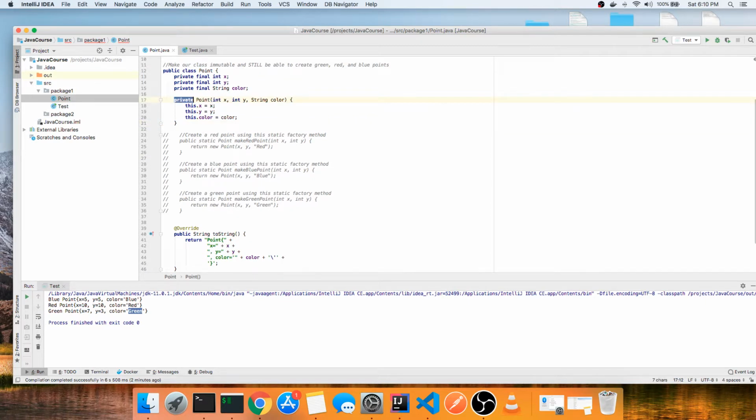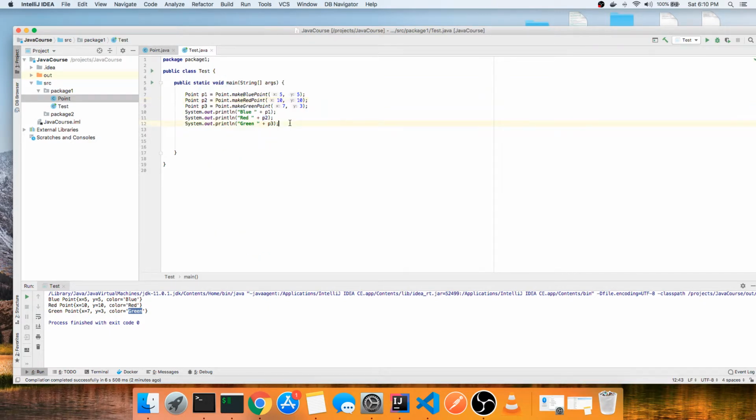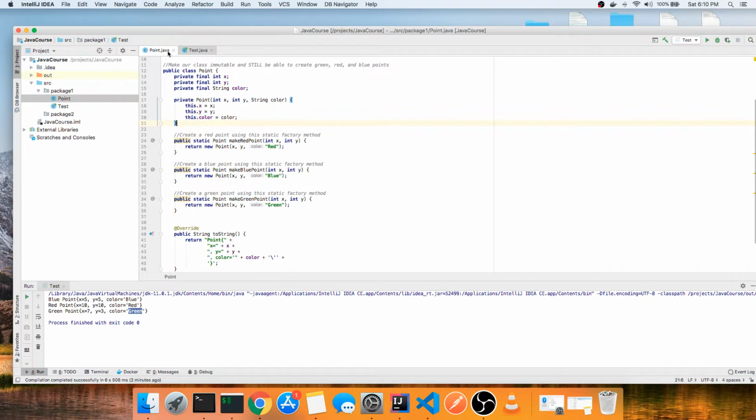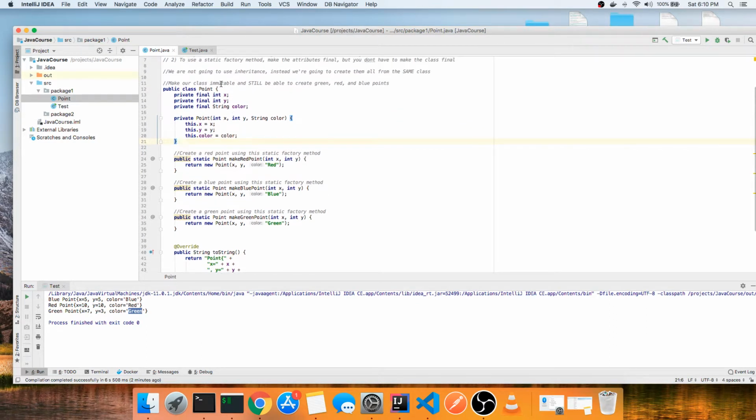Okay. Now I just realized, never mind, we're good. Okay, so that shows you the power of static factory methods, that they can create an immutable class using them,